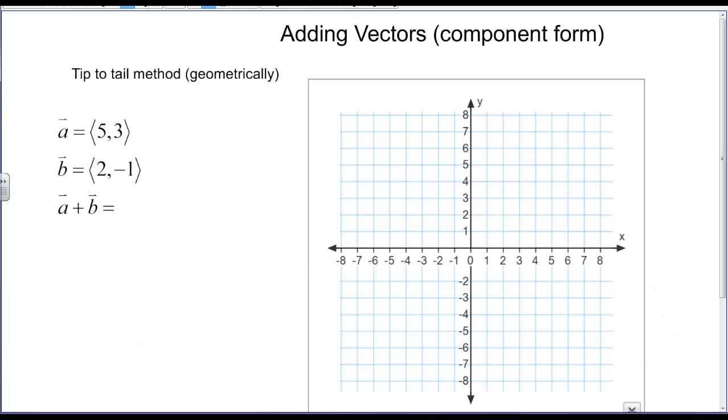If I want to add vectors, I can do this geometrically and algebraically. Let's start with the geometric portion first. If I want to take the vector 5, 3, which is in component form, 5, 3 gives me this vector here. And if I want to add to that the vector 2, negative 1,